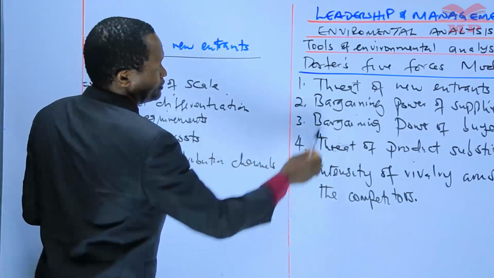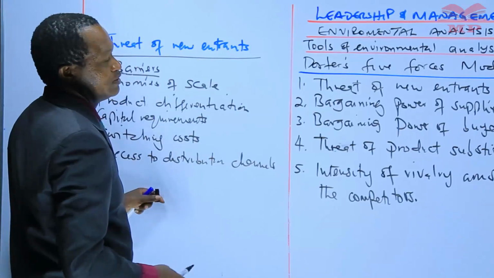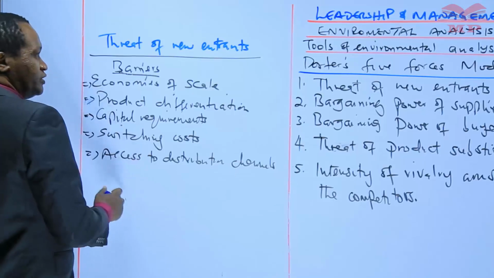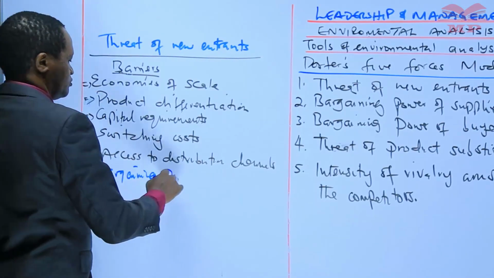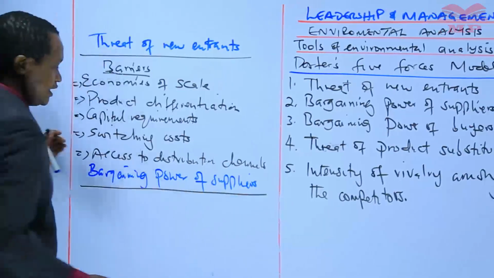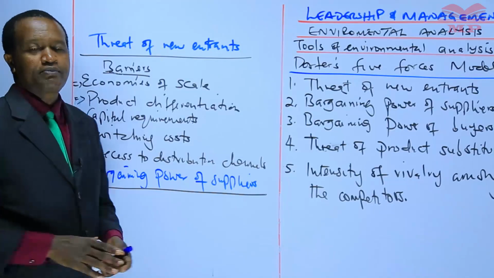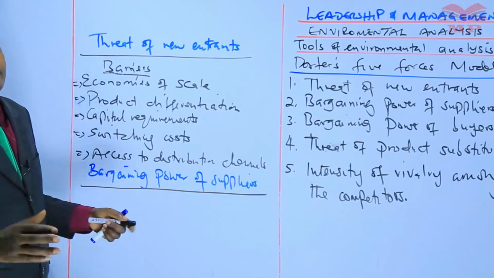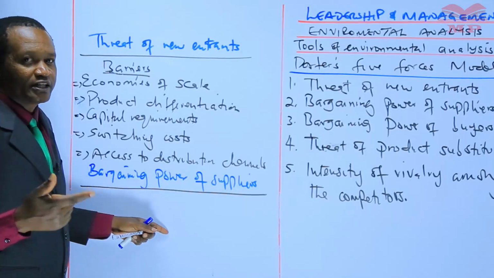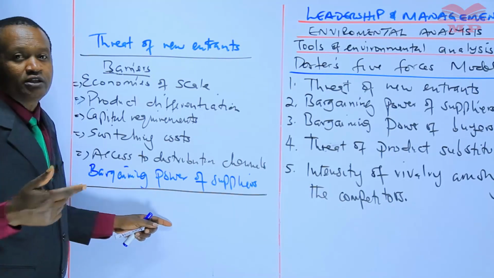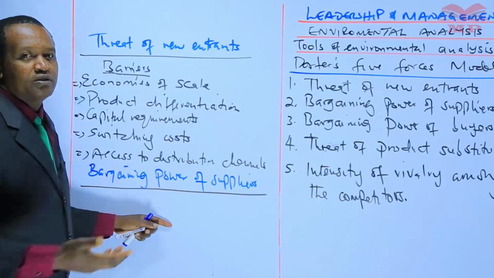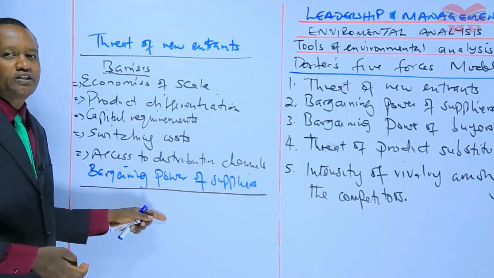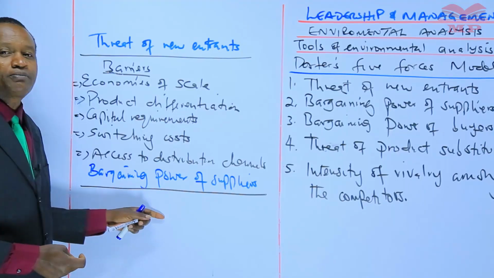Then the second force is the bargaining power of suppliers. Now, candidates, suppliers can affect an industry through the ability to raise prices or to reduce the quantity of purchased goods and services. And candidates, a supplier or